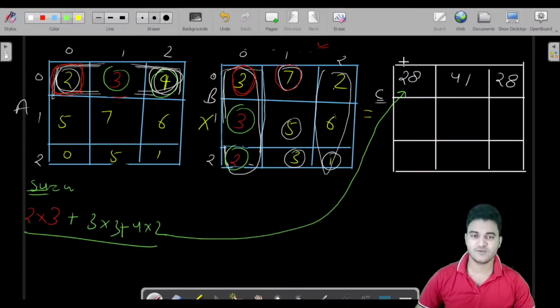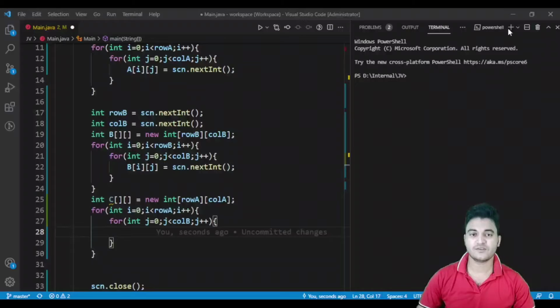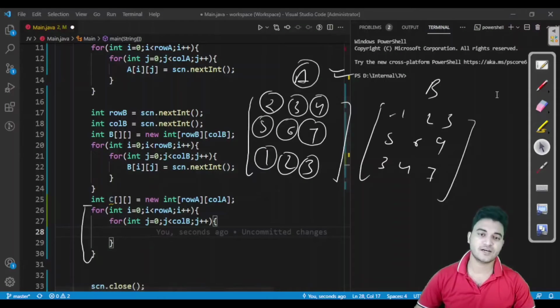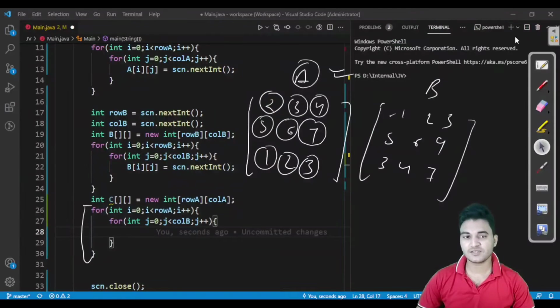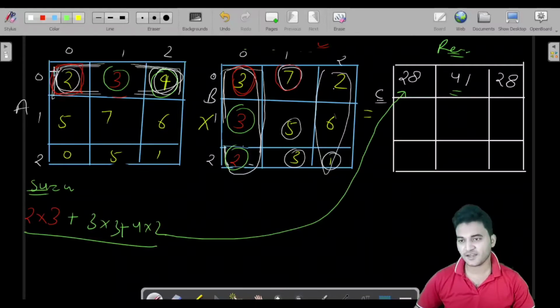Let us suppose we are iterating over this particular result matrix with that piece of code. Fine. So we would be storing this result into this index, and the result for this row and this column would be stored in this index, as we have done in our explanation part. Fine. So let me do the same thing. For that I have to multiply this row with this column, this row with this column.